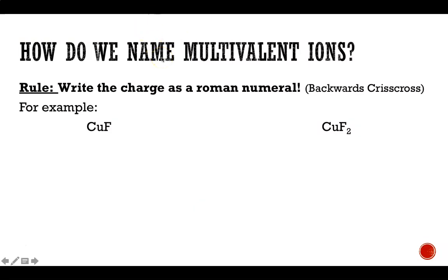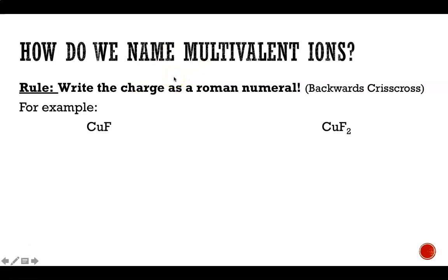So first we're going to work on going from the chemical formula to the name. So the only difference in naming is that we need to add the charge in as a Roman numeral. So everything else is the same. We're going to still put our metal first. We're going to change the end of our non-metal to "-ide", but we have to add in what charge is